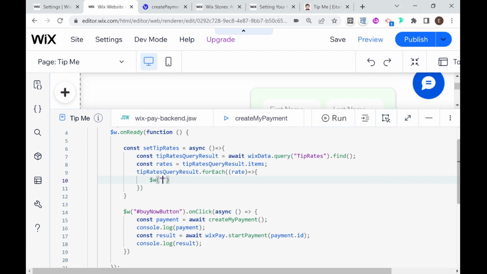button, here we're going to use a template literal, and here I'm going to say title and tip button. So the title here should be either small, medium, or large, like we set it up in the collection. And that dot label, so that's how you set the inner text of the button, will be equal to $ sign plus